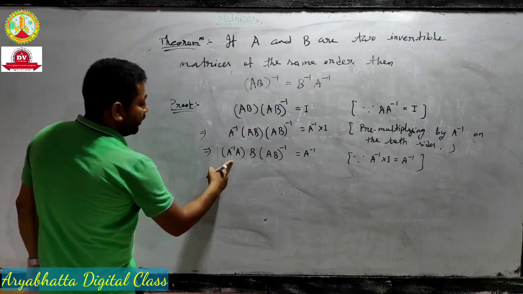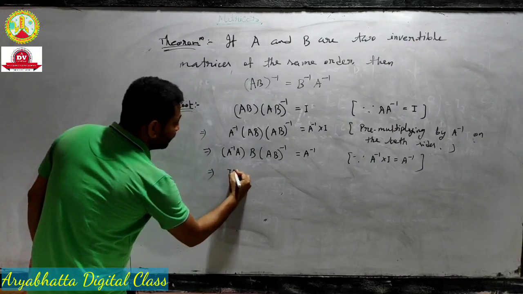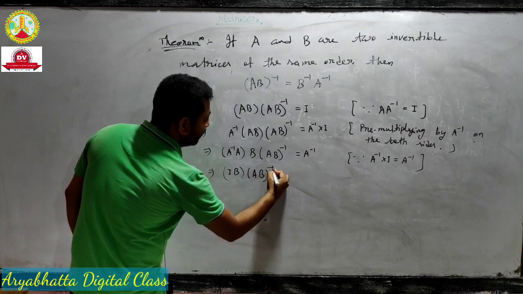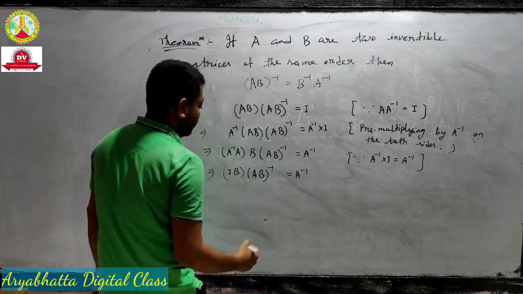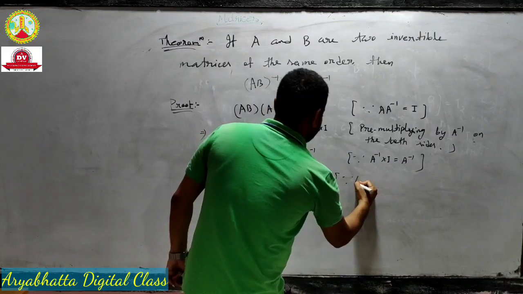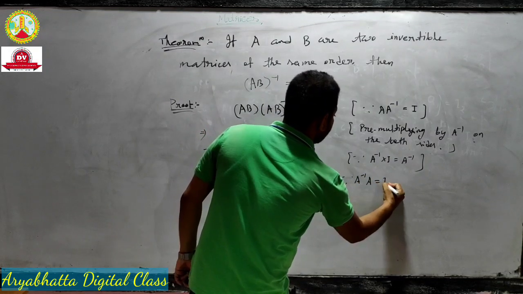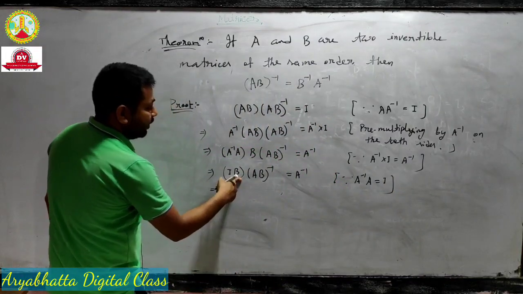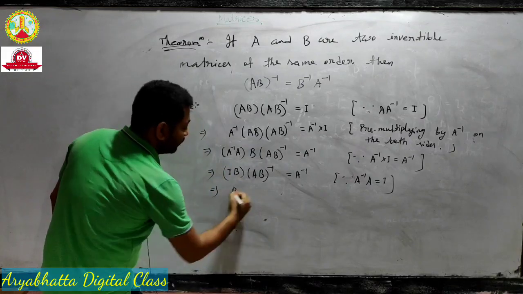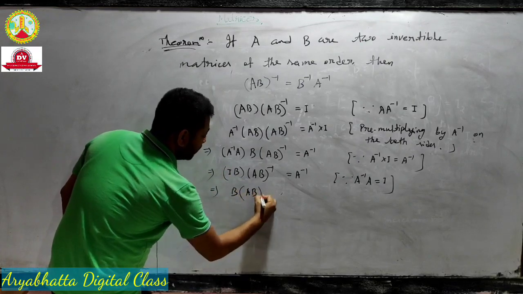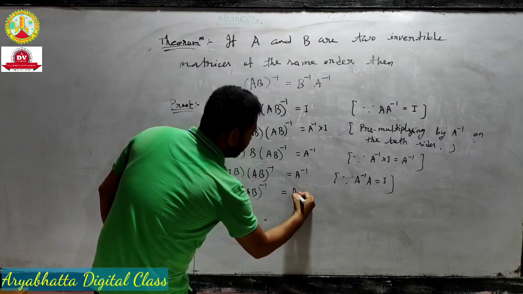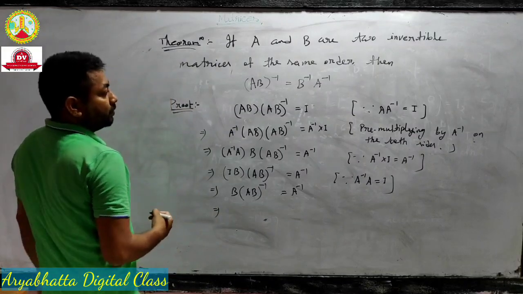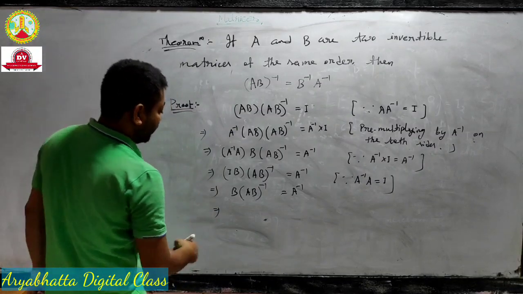Next, A to the power minus 1 into A equal to I, into B into (AB) whole to the power minus 1 equal to A to the power minus 1, since A to the power minus 1 into A equal to I. Next, I into B equal to B into (AB) whole to the power minus 1 equal to A to the power minus 1. Next, we multiply by B to the power minus 1 on both sides, then we have